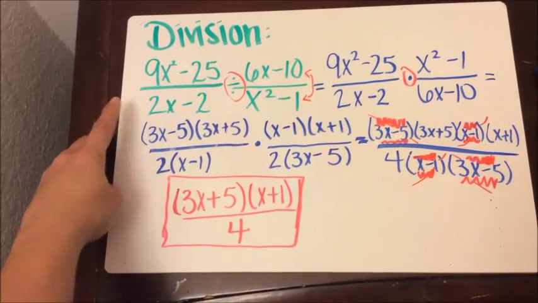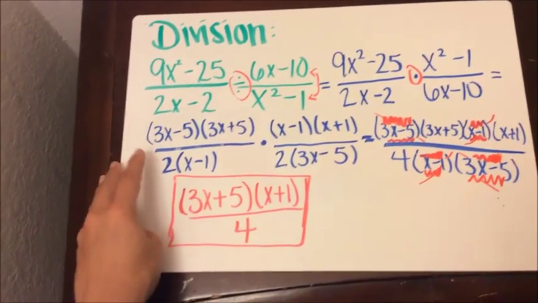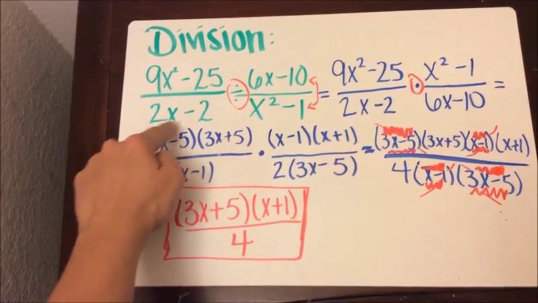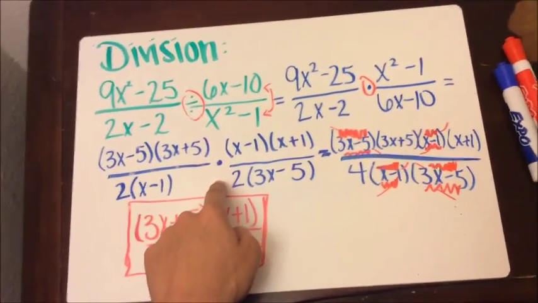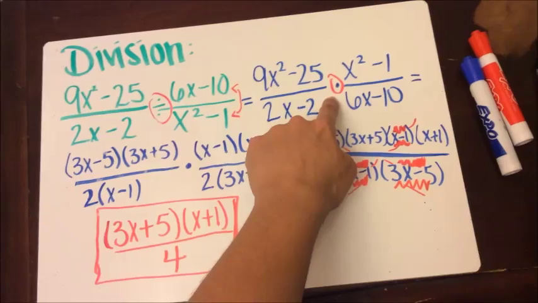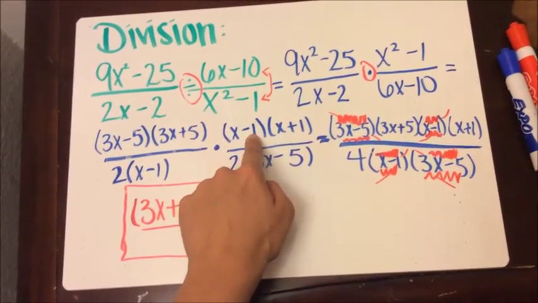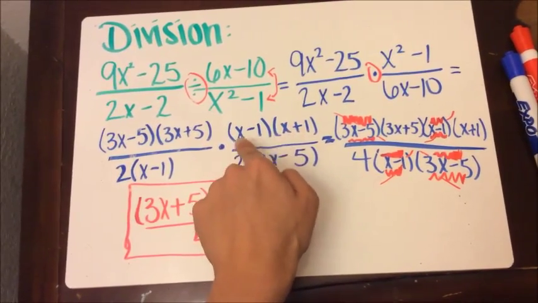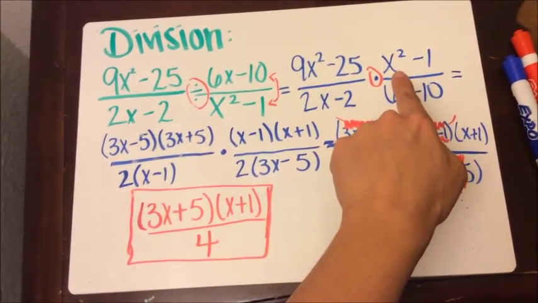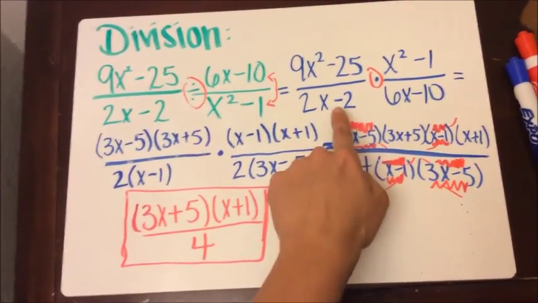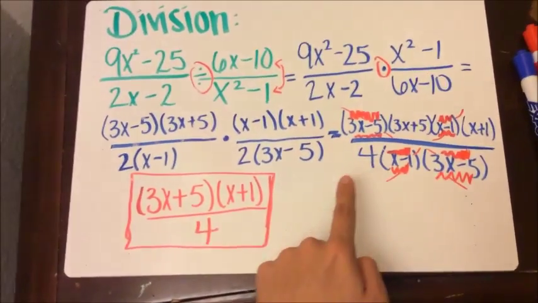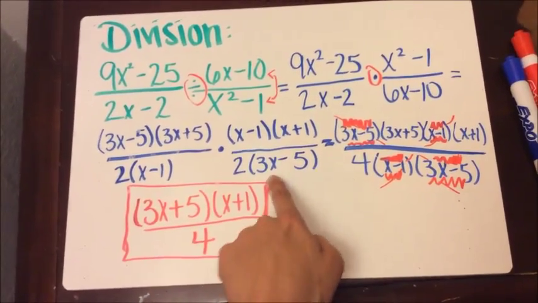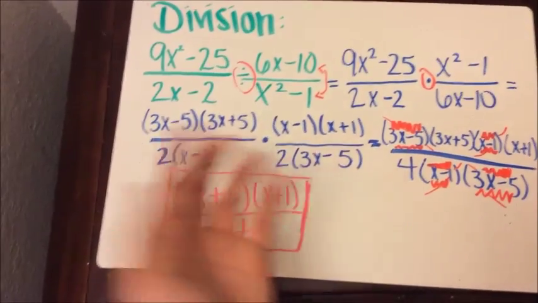So now we factor out the denominator, and that gives us a 2 and an x minus 1 because we can factor out a 2 from here. Then we move on to the second one. So out of the x squared minus 1, we have an x minus 1 and an x plus 1. Again, if we multiply these two factors together, it would give us x squared minus 1. And then in the denominator, we have the 6x minus 10, and we could get a 2 out of there. And once we factor out the 2, it leaves us with a 3x minus 5. Okay, easy enough, simple enough.